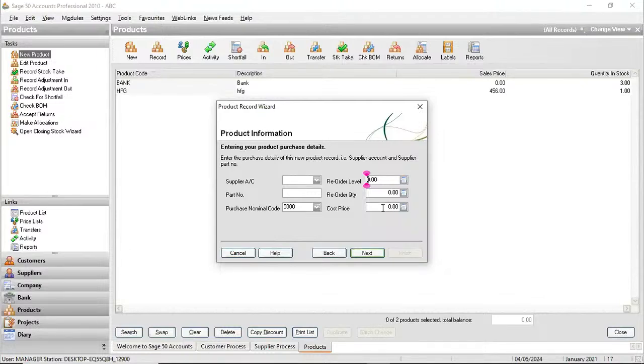The cost price for your item, how much do you buy your item at? Maybe 30, so that we are making a profit of 20. Maybe you are buying your item at 30. Once you're done, you say